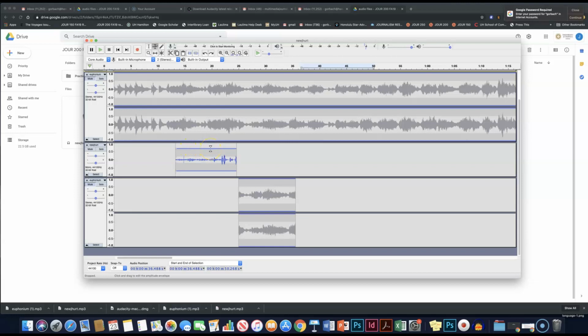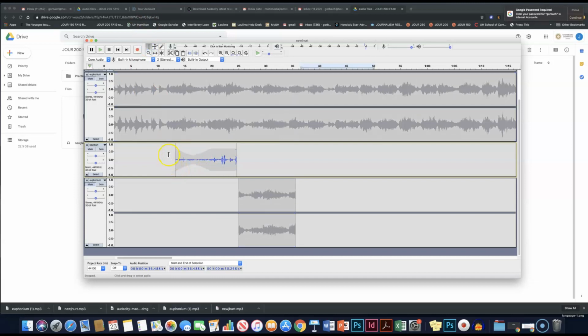So I create dots here and here. And now, if I click and drag, that's going to make that quieter. Okay? And then it's going to start getting louder as it comes back up to here, to the volume we were at before. So if you want to hear what that sounds like, I'm going to go back to my selector tool, go to the playhead, and